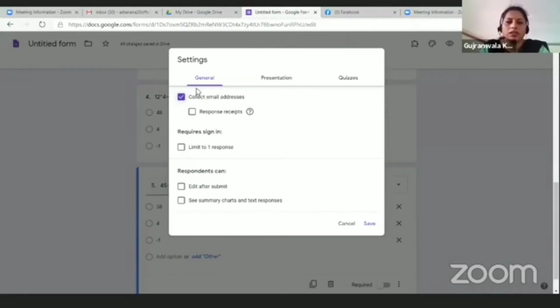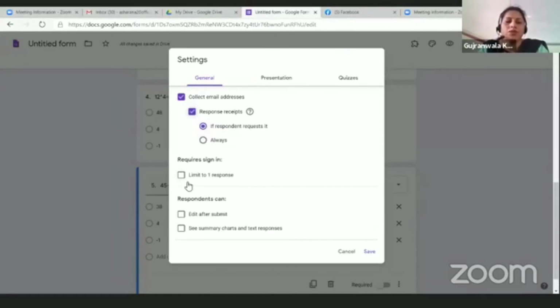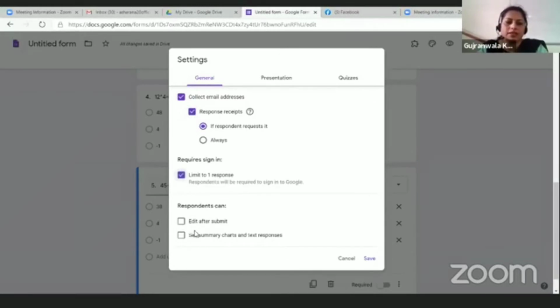You can click on response receipt if you want the candidate to get a receipt of the responses filled. If you want only one response from one email ID, you can also select that.